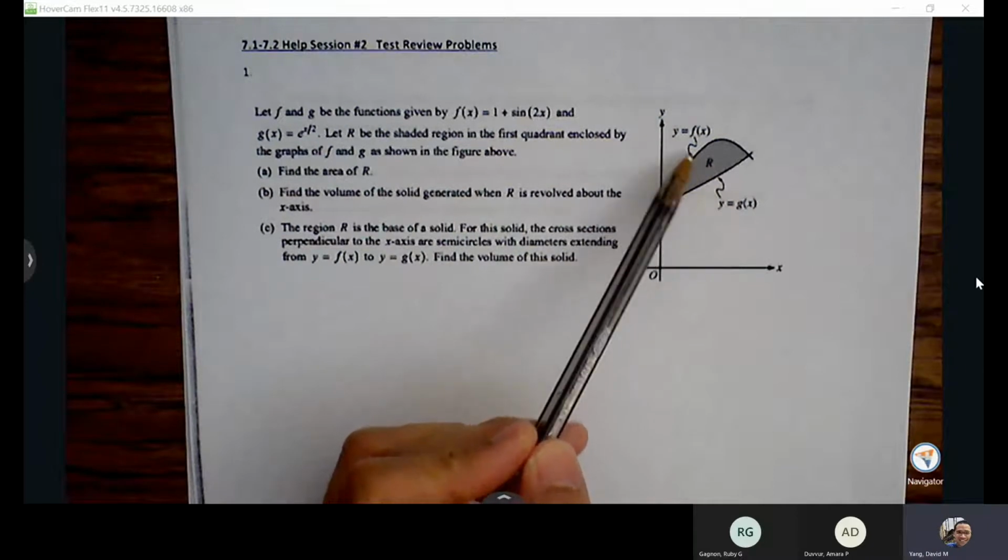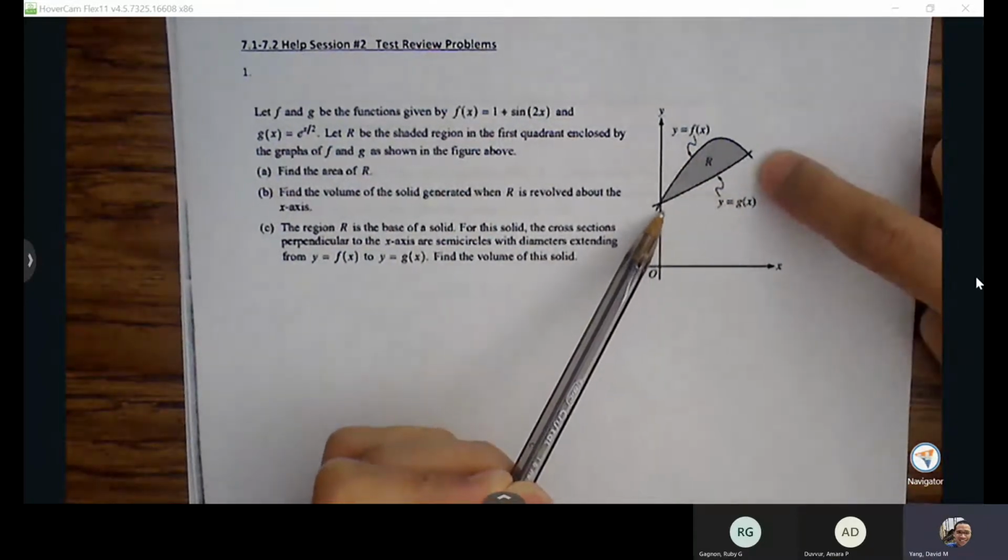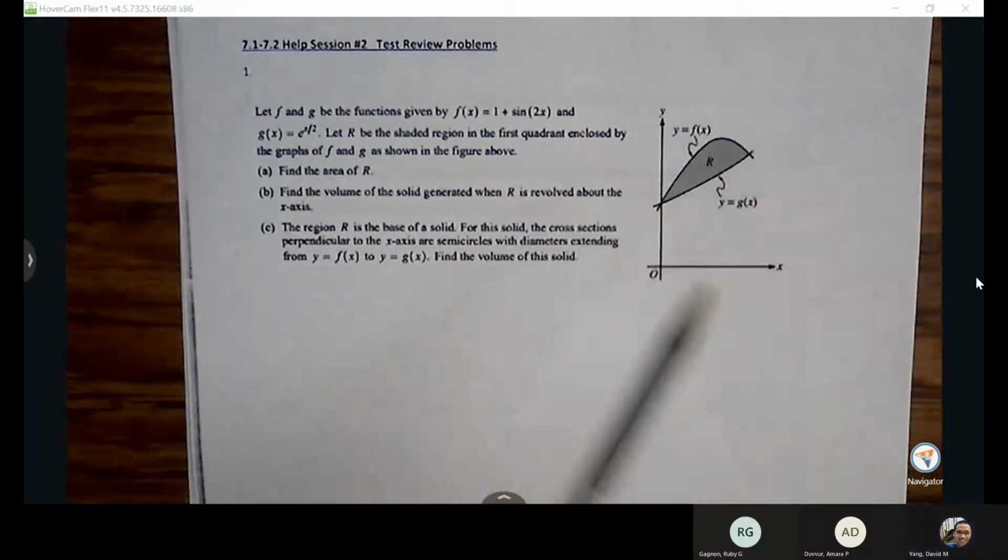Top minus bottom is going to be pretty straightforward. However, we just have to be able to know how to find those intersecting points. So